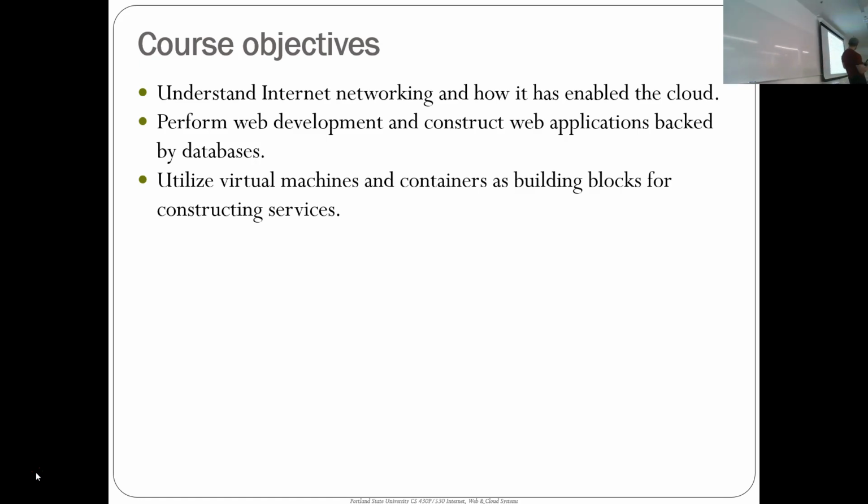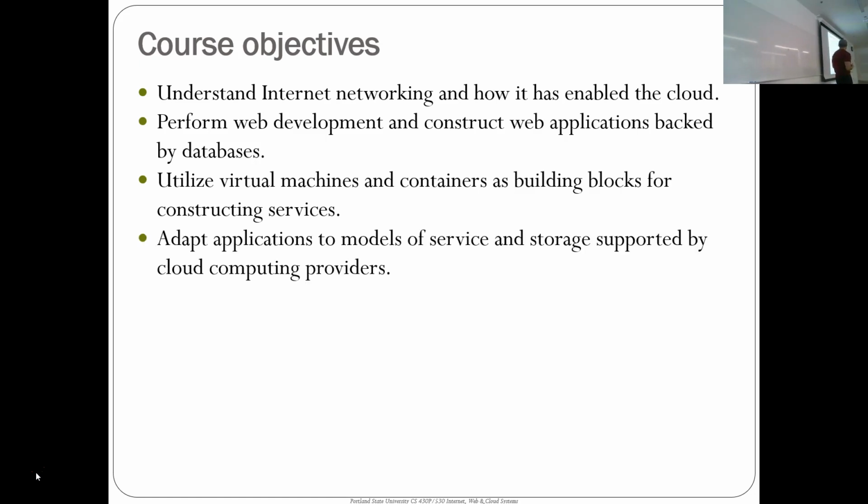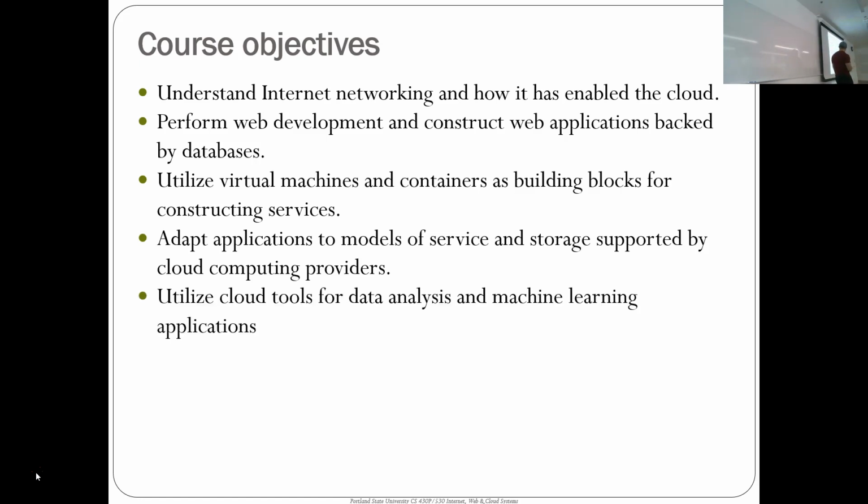And these are typically used as building blocks in the cloud. So we're going to look at how you would use these things to construct services. We are going to then adapt our applications to models of service that are supported by most of the cloud computing vendors. So, what kind of abstractions and APIs do they have for you to be able to deploy applications? And then at the very end, if there's time, we're going to use cloud tools for data analysis